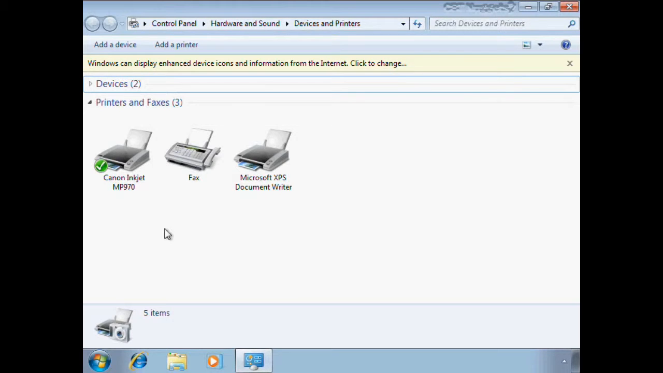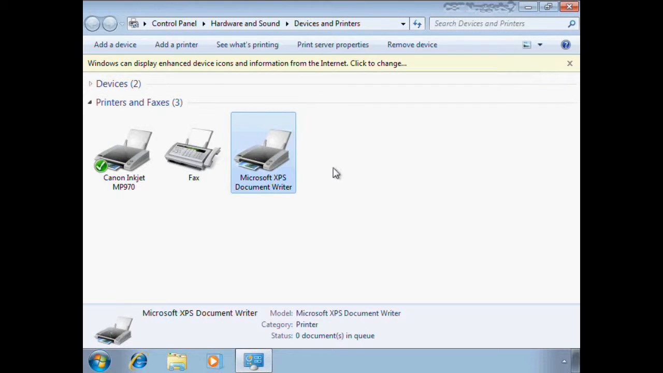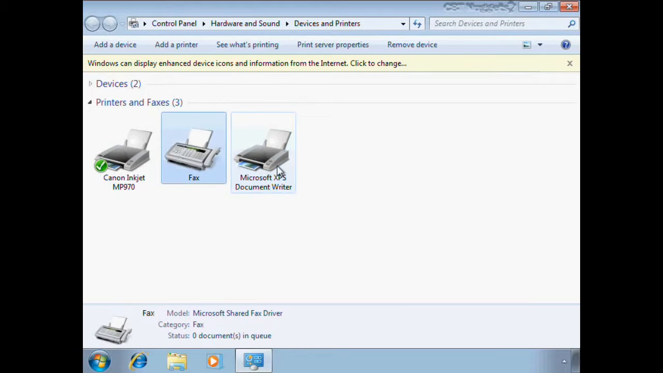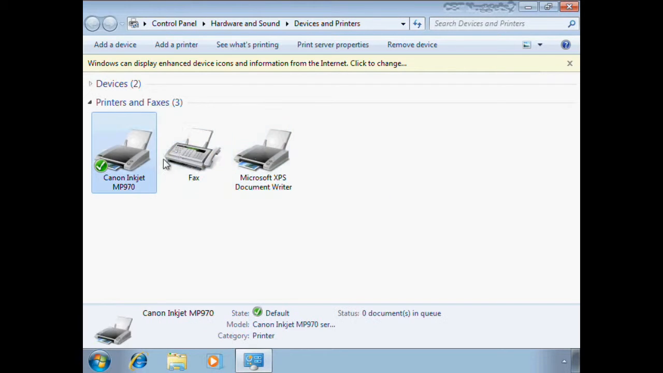Printers and faxes is where we've got stuff going on. And the two items you'll see in here by default in Windows 7 are, as previously discussed, the Microsoft XML paper specification, XPS document writer, and a fax driver. In the background, I've installed a local printer, a Canon Inkjet MP970. Now, when you've come into devices and printers, out of the box here like you're seeing on a local box,